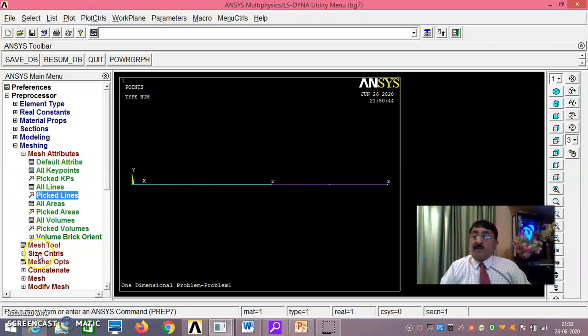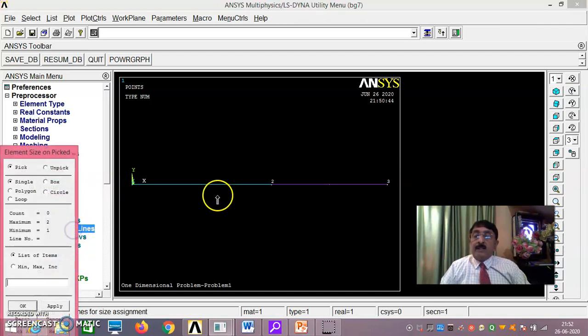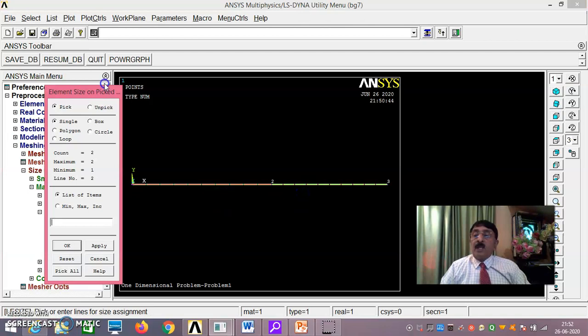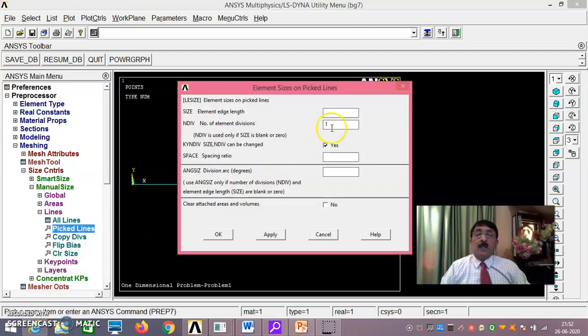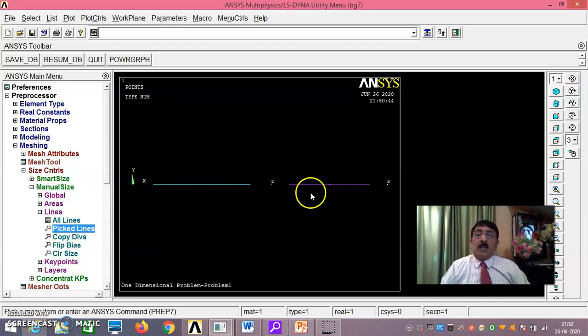Now, next you go for size controls, manual size, picked lines. This and this you pick. Just say number of divisions 1 only you give. This is 1, this is 1.